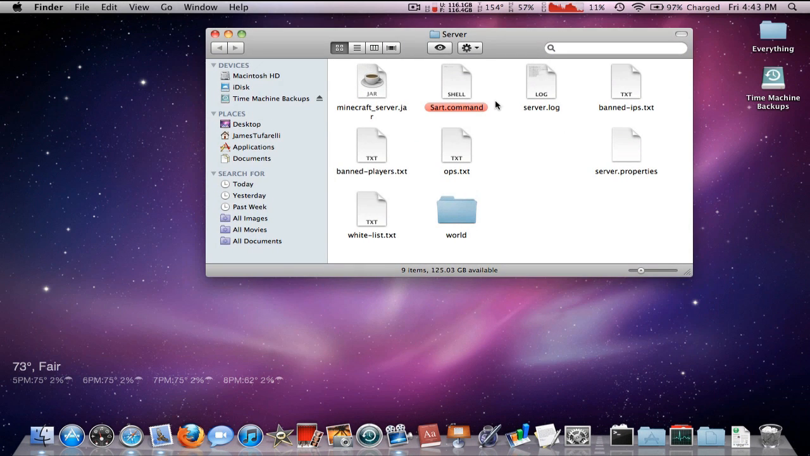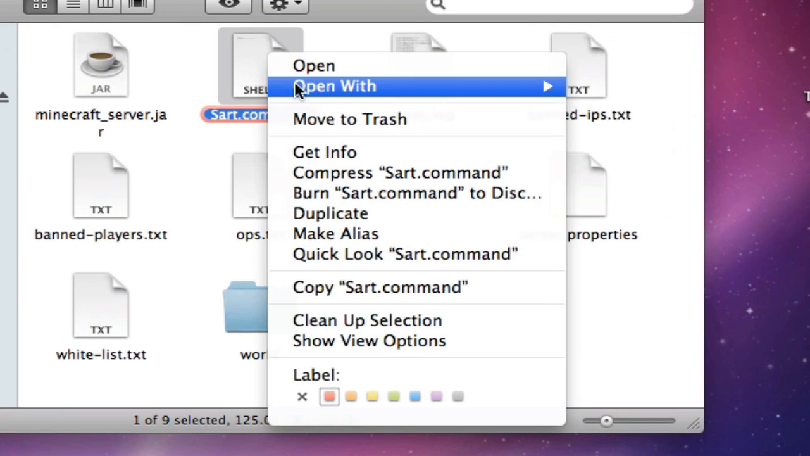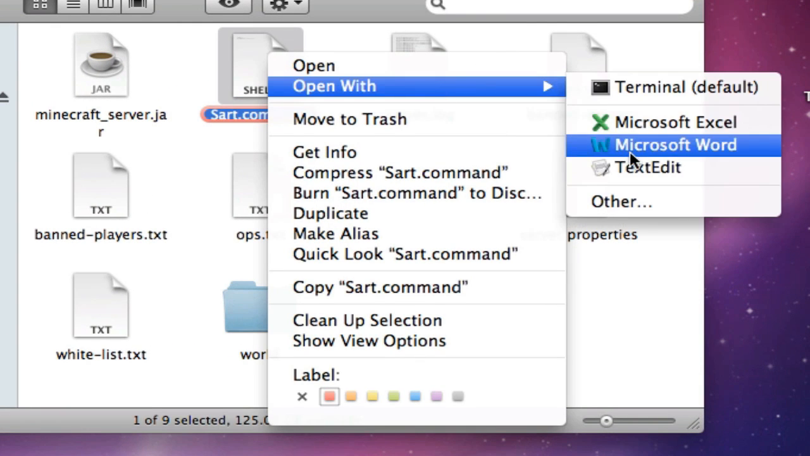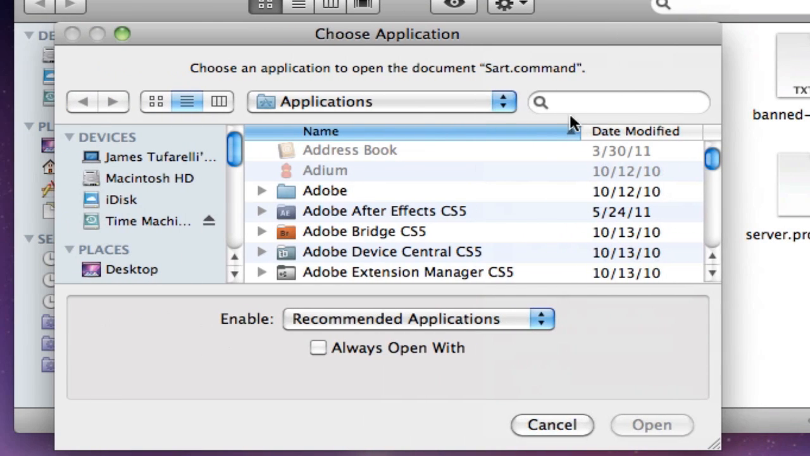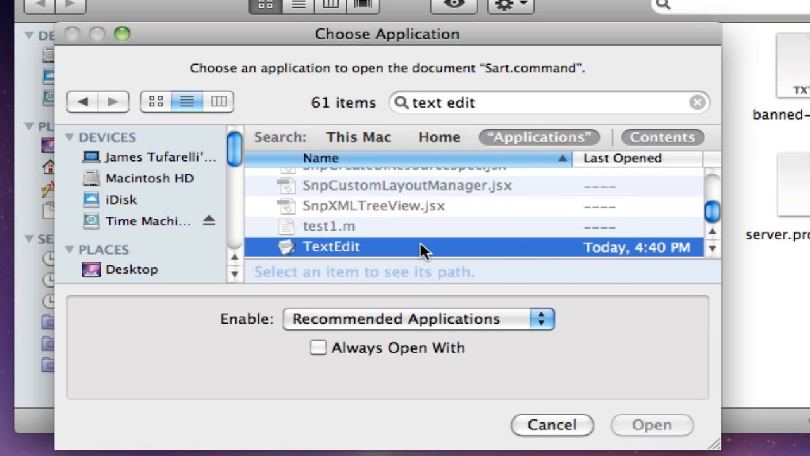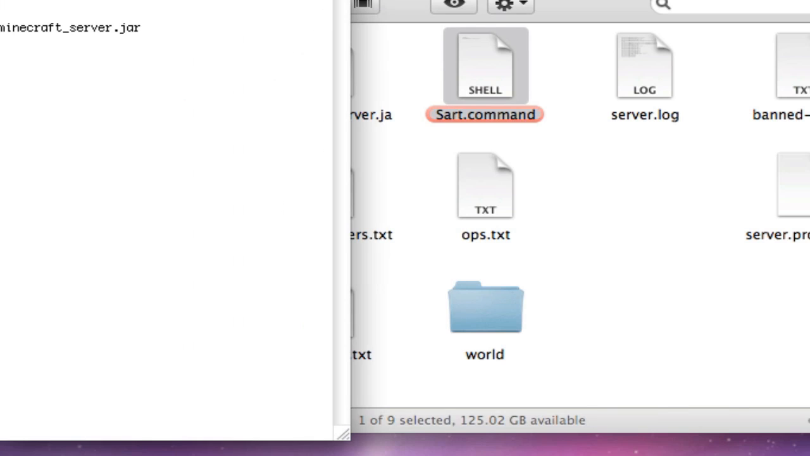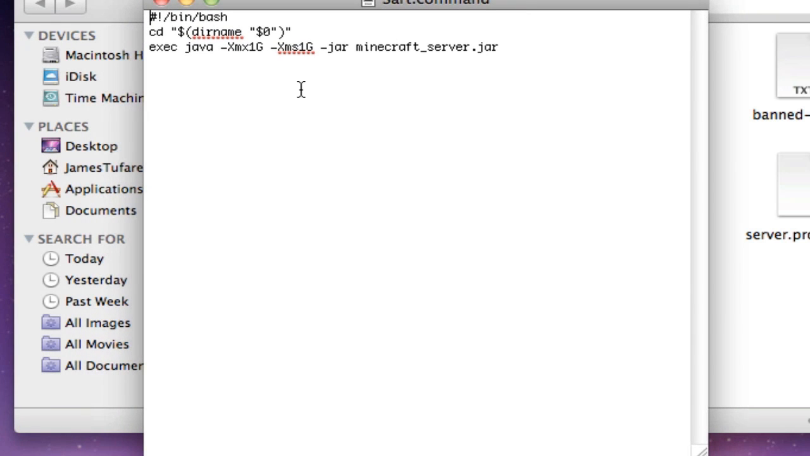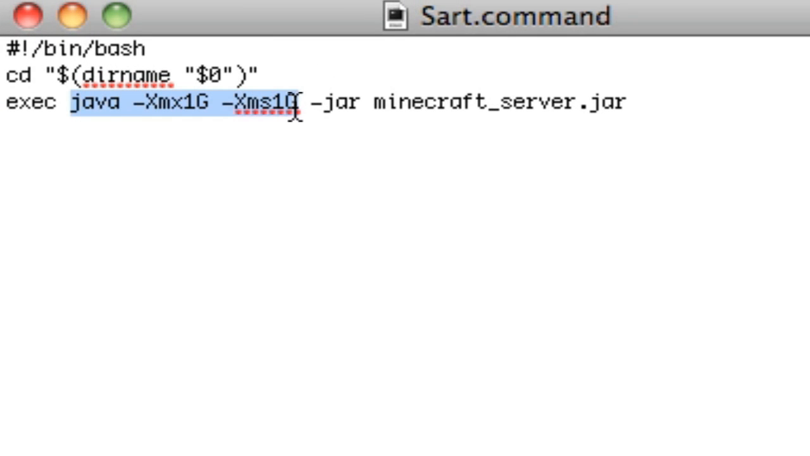If you're running the server and it's a little laggy, here's a way to add more RAM to the server. So go back to the Start.command you created, right click, open with TextEdit. If it doesn't show up, you can click other and search TextEdit, and it should be at the bottom. So just go ahead and open it with TextEdit. Right here, if you zoom in, you can see it says Java and then all this code right here. This number right here and right here should be the same. That's telling it to have a minimum of 1 gig and a maximum of 1 gig of RAM in the